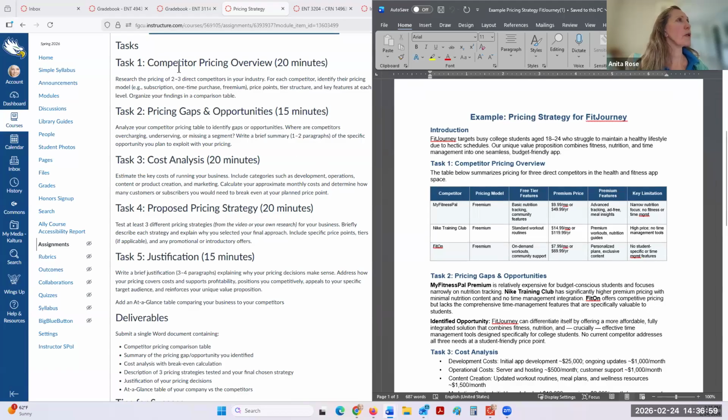So the first part of it is you want to look at your competitors. So you want to do a competitor pricing overview. And so you want to research two or three competitors. Now, they may not be direct competitors. If you have direct competitors, wonderful. Go ahead and go with them. But if you have some that are not completely direct, that's okay too. Go with what is available to you that you can use to assist you with your pricing. Then create a table and